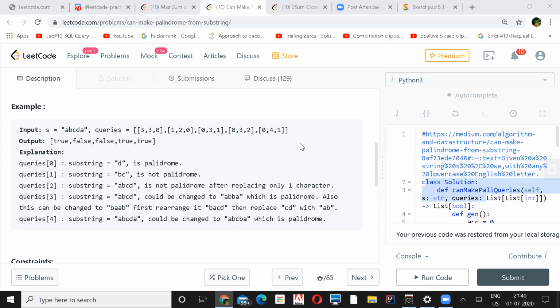I think we have to do some pre-processing. That is for sure. Because otherwise you won't be able to do it. If you keep on checking the palindrome in a brute force way, that is the easiest way to come up with a solution, but it won't pass all the test cases. The time complexity will be too much. But we'll have to do some pre-processing, and your thought process is right, I would say.